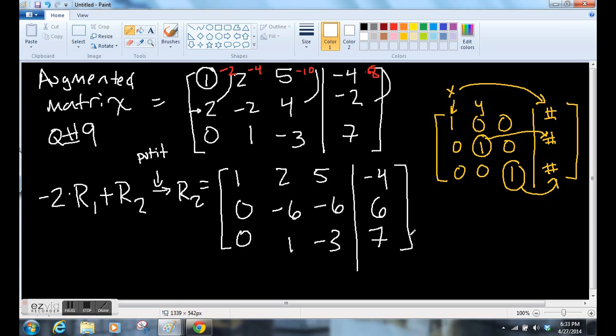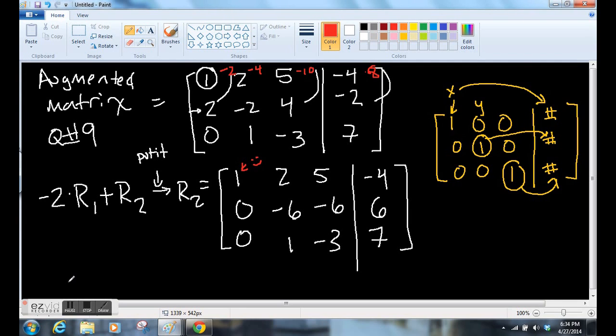Okay, we're getting close. Now I'm going to do one more thing on this page. I like this, it looks good. See, I'm getting closer. I have 1, 0, 0, 1, 0, 0. Yay, that makes me happy. I'm going to get rid of these 6s. I don't like having all the 6s there because I want 1s. So now, the next step, in order to get rid of those 6s, I'm going to